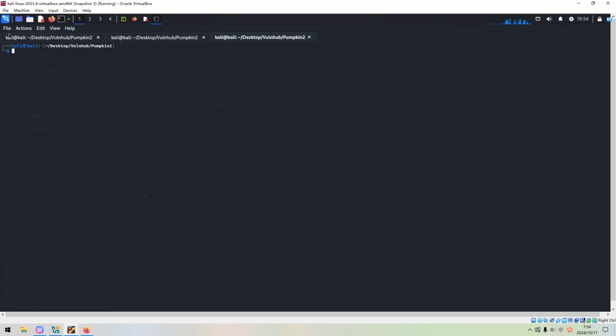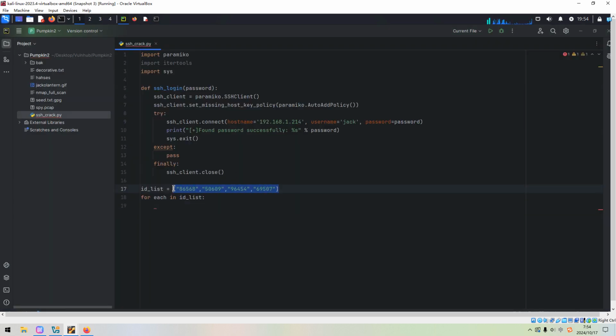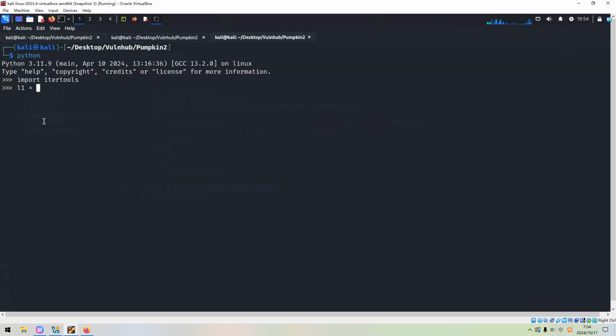in the interactive Python environment. So we can import itertools, and the list we can copy from PyCharm.